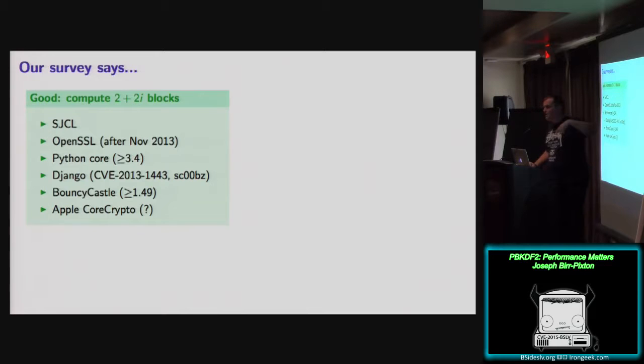This CVE was actually a denial of service. One thing I didn't cover is if your password is very long, and you do a HMAC for each step with the key scheduling and everything, HMAC has to pre-process very long keys. That means that if you send a Django web server, say, 0.5 megabyte of password, it will duly hash that every single iteration. And this will take minutes, hours of CPU time, and it will not end well.